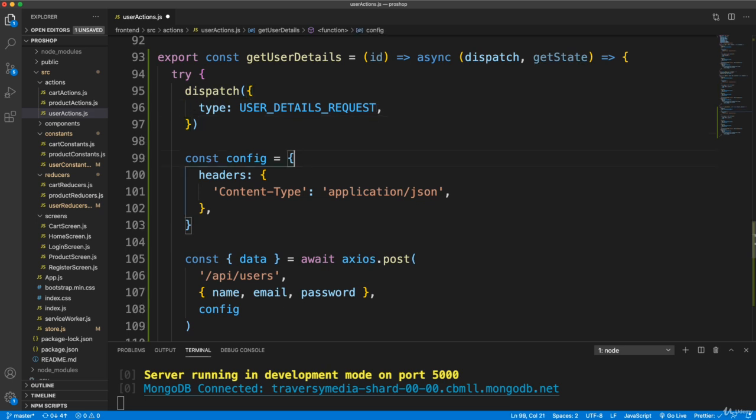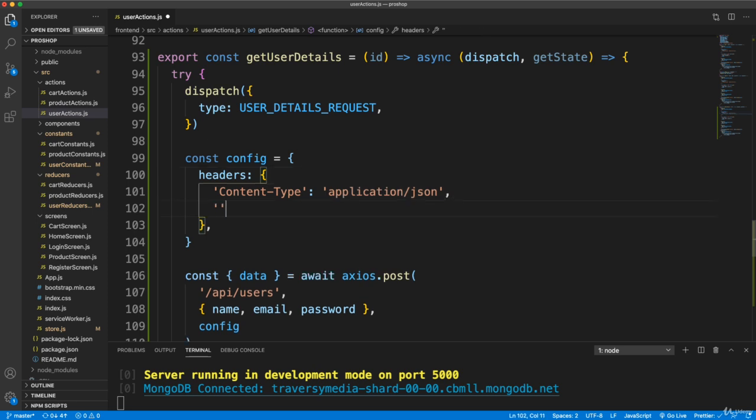And then here at config, this is where we actually want to pass our token. So we want to pass it as authorization. Actually, we don't need quotes for this. We're going to say authorization, and we want to set this to bearer. So just like we passed with it in Postman, we're passing it here, and we're going to get the user info. So we have access to,